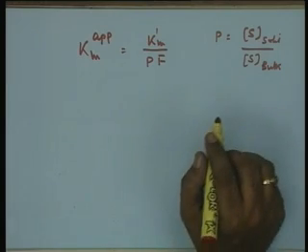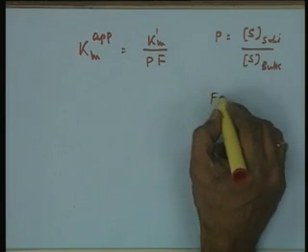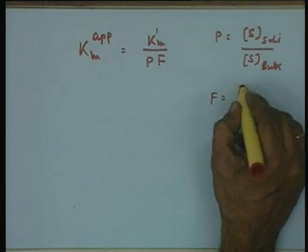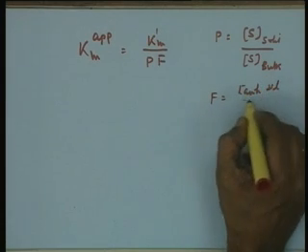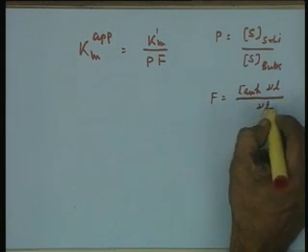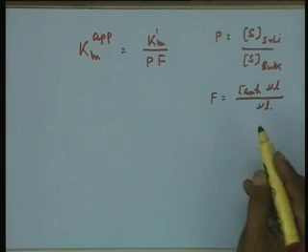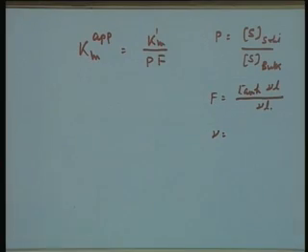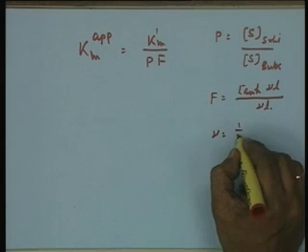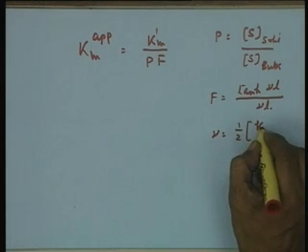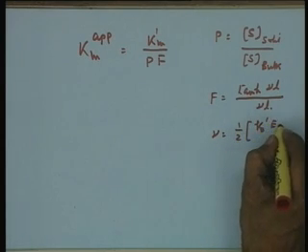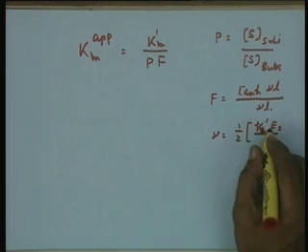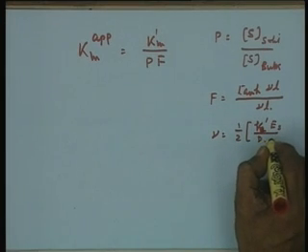On the other hand, F is essentially equal to tanh gamma L upon gamma L, where gamma is a ratio of the kinetic parameters to the diffusional parameters, which is defined as half K2 dash Es upon d K dash m